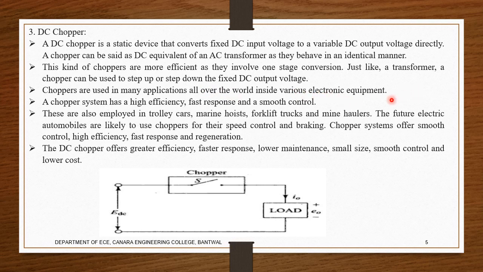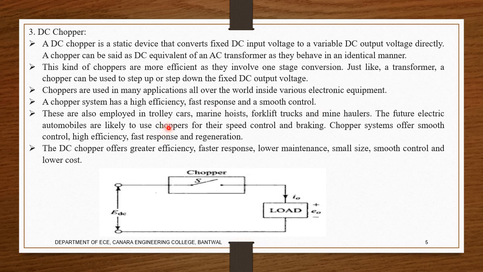Yes, we have them in mobile phones, laptops, everywhere, because wherever a fixed DC voltage is given, it has to be converted into a different voltage at a different level for one of the components. For example, the camera, the keypad, the touch pads, the antennas. Whereas in laptops we have processors, the keypad, the mouse, touch pads, everything. It has to be a variable DC supply, and the chopper has high efficiency, very fast response and smooth control.